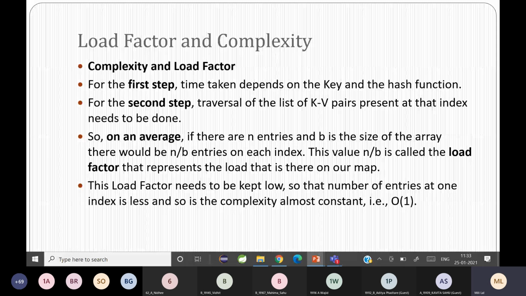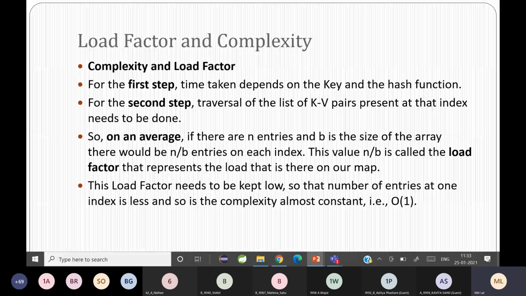You have to reduce the number of collisions so that your load factor doesn't become high, or doesn't go into an overflow. So that is what they were talking about, complexity and load factor. The first step depends on the key and the hash function. The second step depends on the key value pairs.